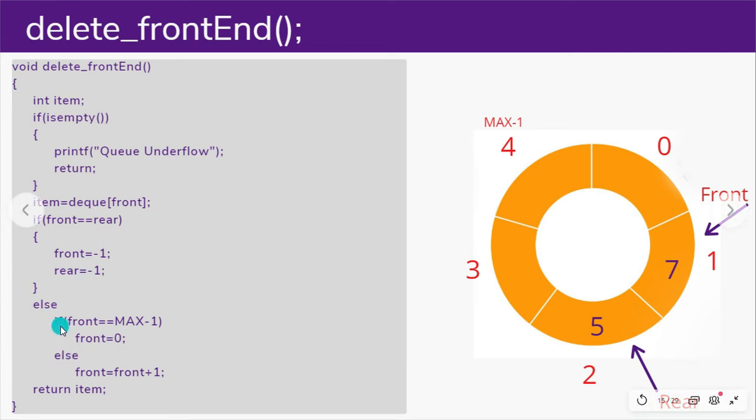And after that it would go to the else part, there it would check front equals to max minus 1, no, this condition is also false. Then it would come to the else part and simply increment our front, that is front equals to front plus 1, and it would return the item, that is it would return our data to the main function. So 7 will get deleted and front is now pointing to the second index.